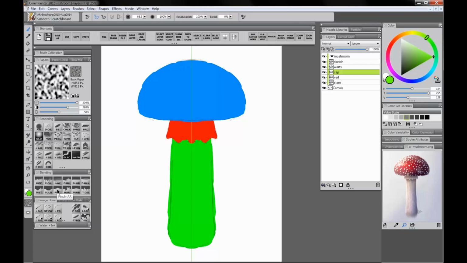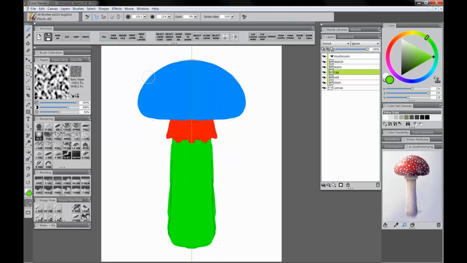If you look under the distortion brushes, which I believe are under effects, you can get to Pinch. And what Pinch does, if you paint with it in one place with firm pressure and you start to pull away from that point, it works kind of like a vacuum or like a black hole. It's kind of pulling the pixels towards its center. So if you paint along the edge of this mushroom here, it's going to squish those pixels together, kind of like when you close a plastic bag with a little zipper on it. You squeeze it together and it pinches together and